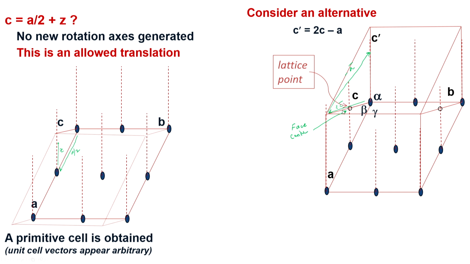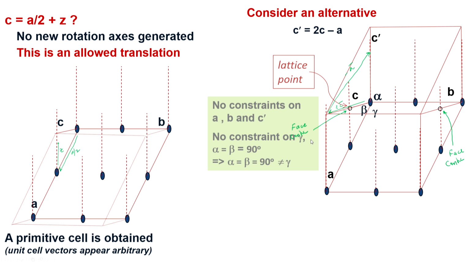So, this is the face centered lattice point and obviously clearly when I complete the unit cell, there will be another face center lattice point out here. So, in the end I have a lattice defined by this unit cell where there are lattice points at the corners and there are lattice points on two opposite faces. So, what can I say about it?